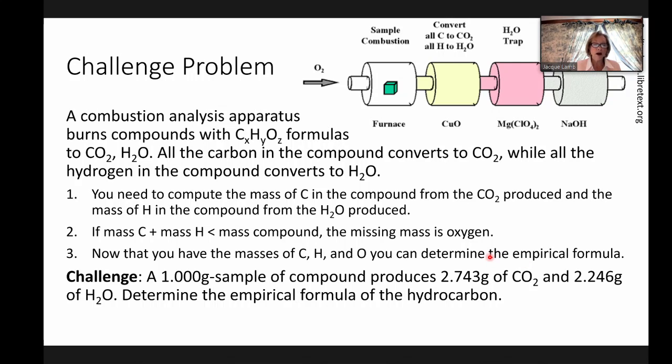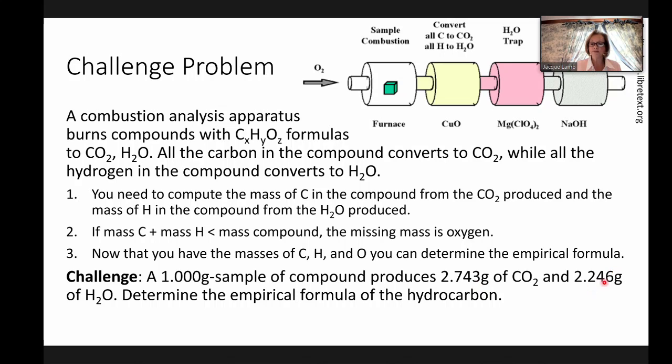Here's a challenge problem. If you have a 1.000 gram sample of a compound, it produces 2.743 grams of carbon dioxide and 2.246 grams of water. You can determine the empirical formula of that hydrocarbon by converting this mass of carbon dioxide into moles, noting that there's 1 mole of carbon to 1 mole of carbon dioxide, so you can get the moles of carbon in